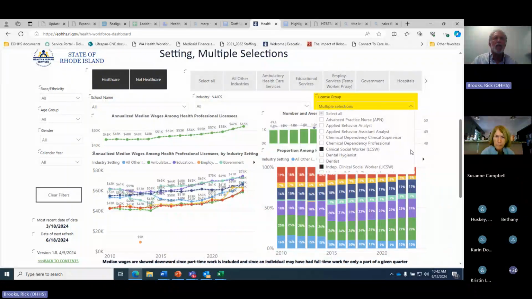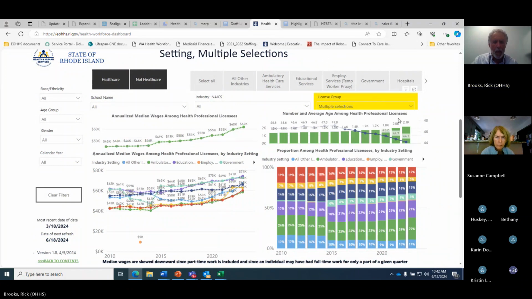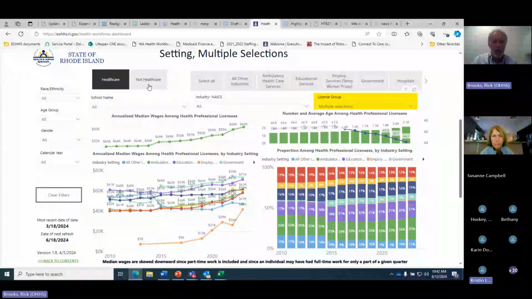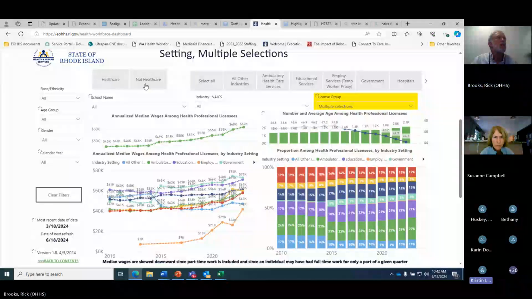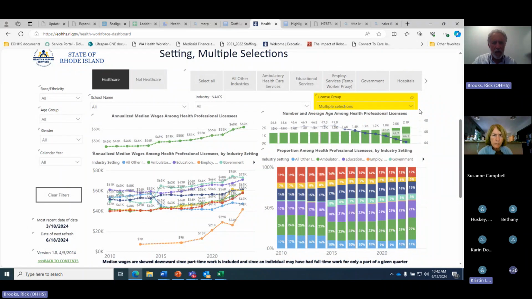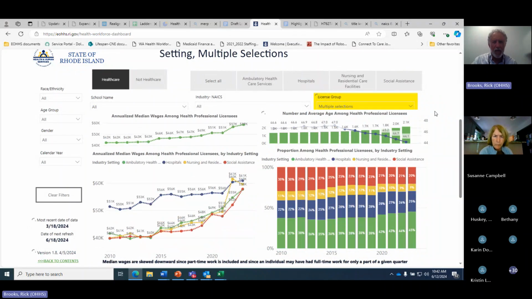So we've got the two social worker categories selected. And we'll look at those. We'll undo the not healthcare. Whoops. Okay, we're going to select healthcare. And then more specifically, we're going to look at